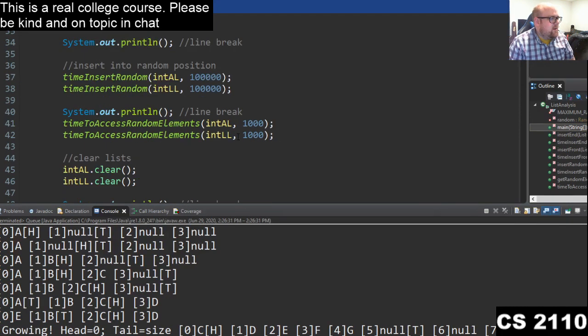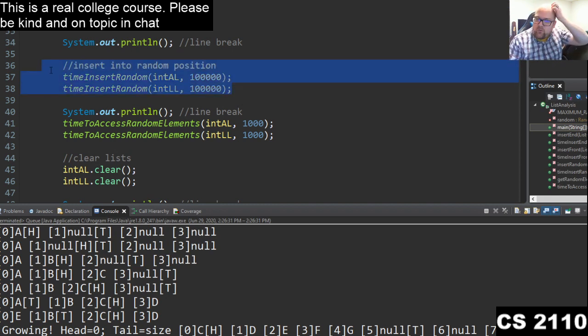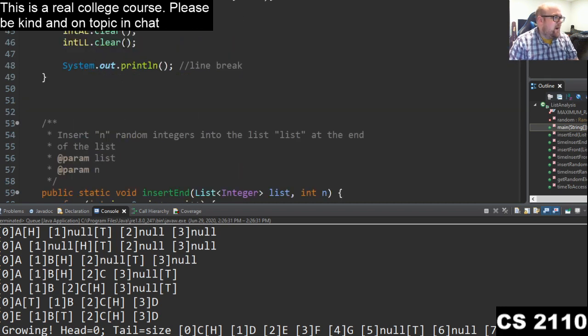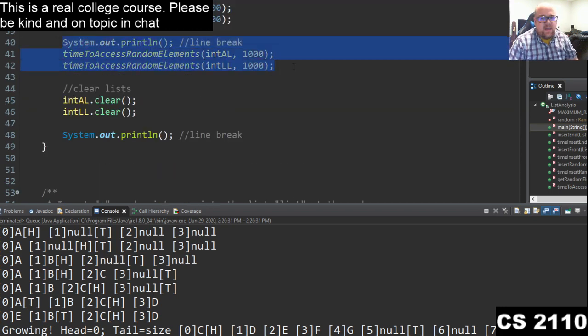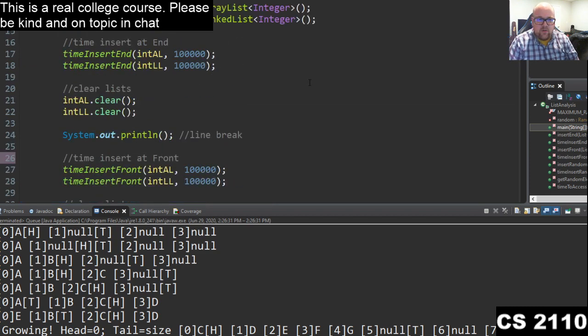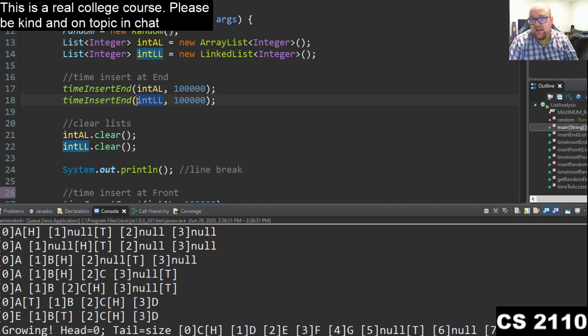Then I clear both, and I pick a random position in the middle. So I use a random number generator to pick an index between 0 and the length of the array list or linked list, and I insert it there. Finally, I try to access 1,000 random elements. So I get the 500th element, or the 4,732nd element, whatever. I randomize a number, I pick that element. Let's see, given this experiment, which type of list is faster. I know we don't really know how the linked list works yet, but let's just try to see which is